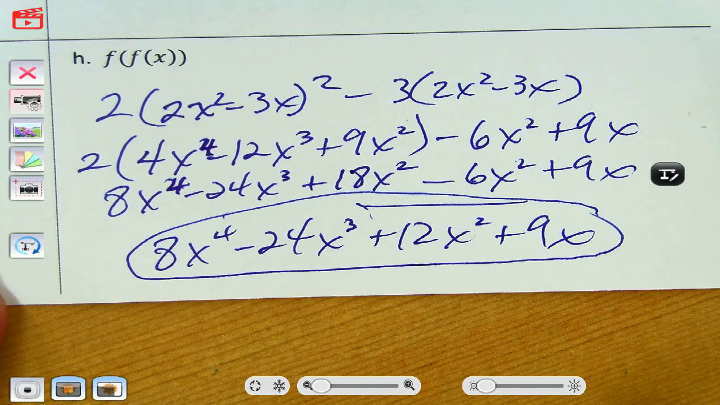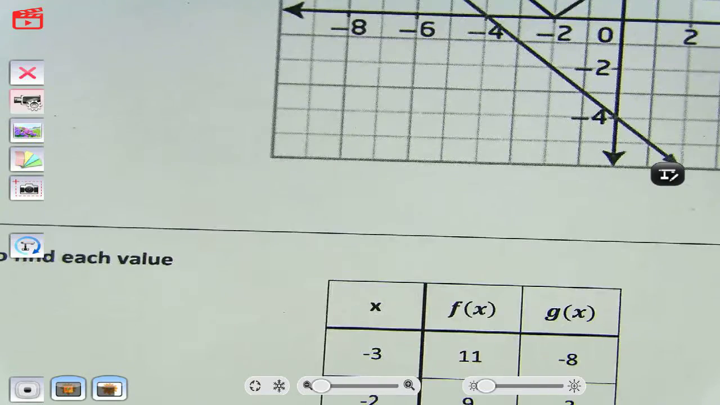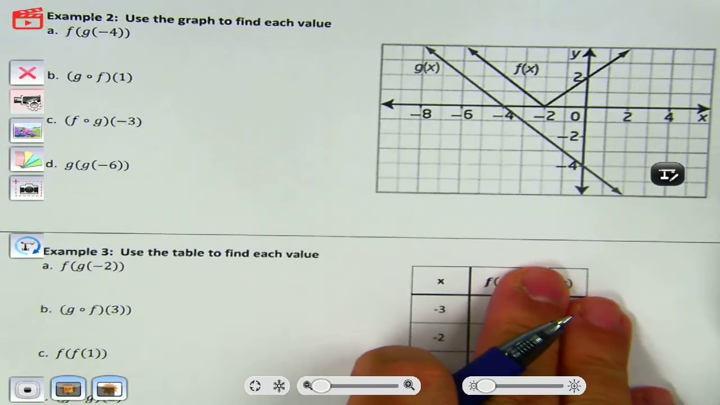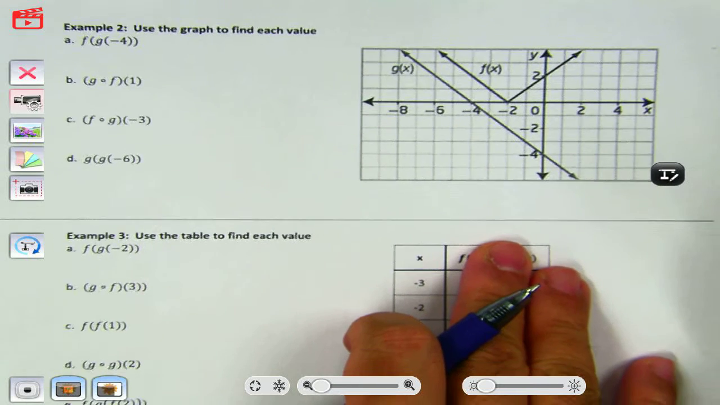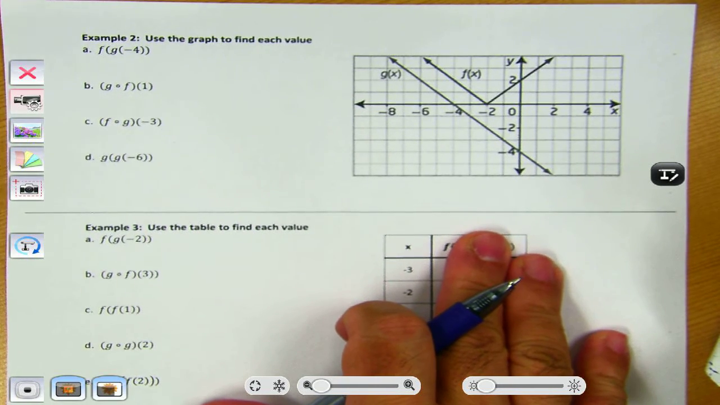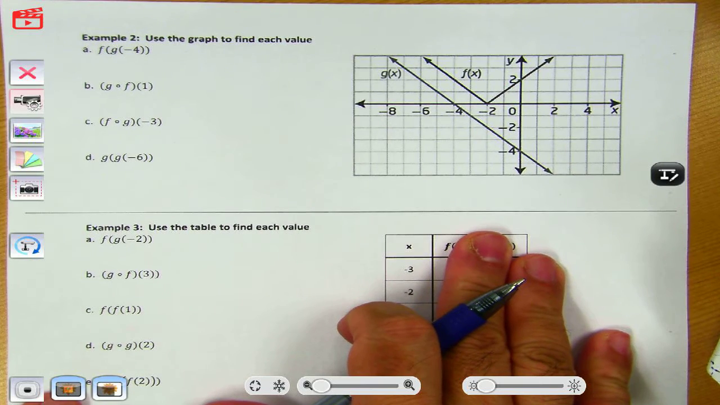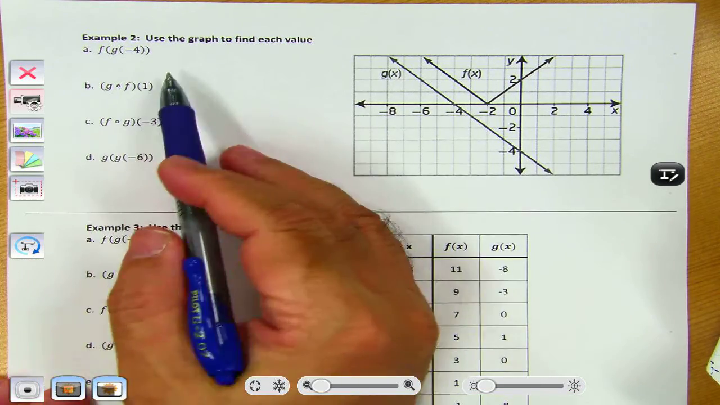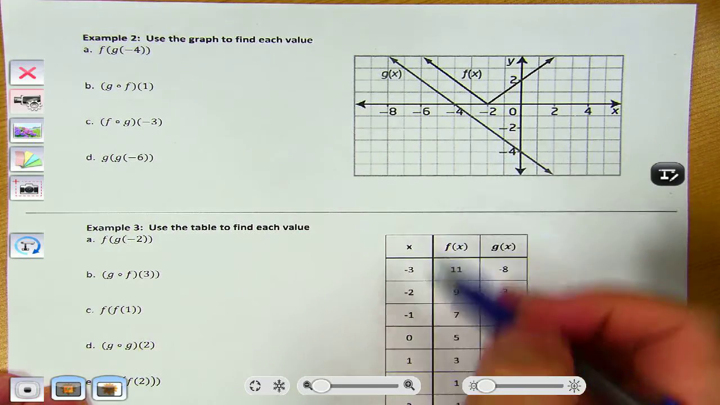Okay. Moving on. The back side is a whole lot easier. I have to zoom out because you can't see everything you need to see. Okay, so let's focus on that. Notice on the back, whenever you're given a graph or a table,